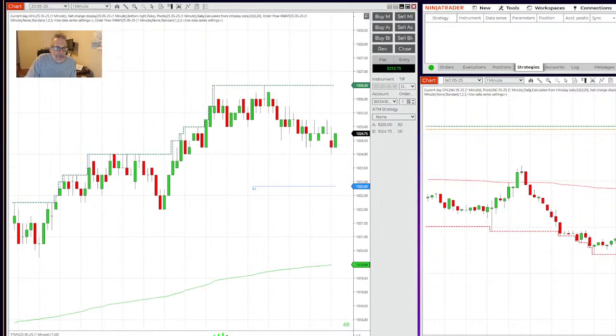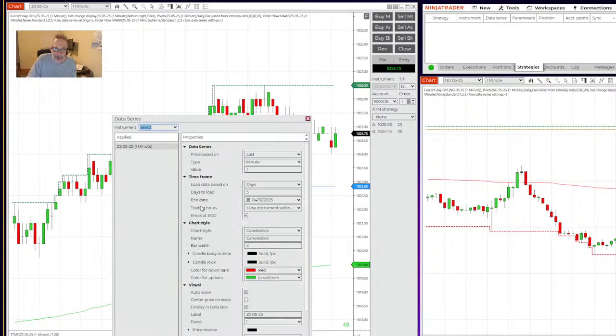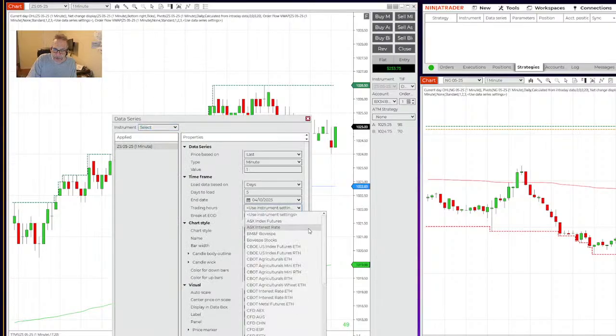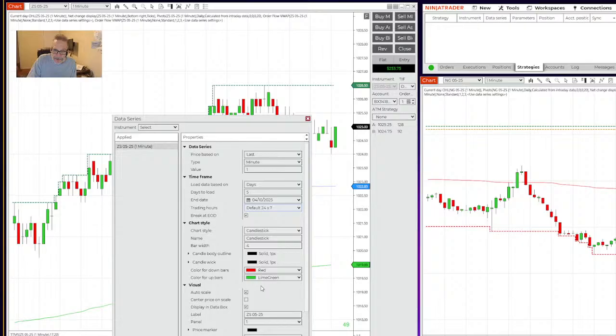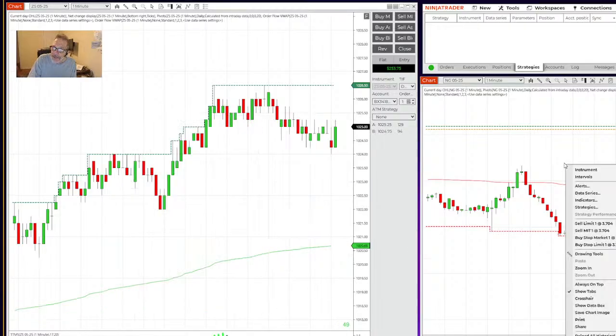Number one, with grains, we want to set our trading hours: right click the chart, click data series. Trading hours is default 24/7. That way it calculates our pivots and our VWAP correctly for the grain open and close. Default 24/7, apply, OK. Same thing on